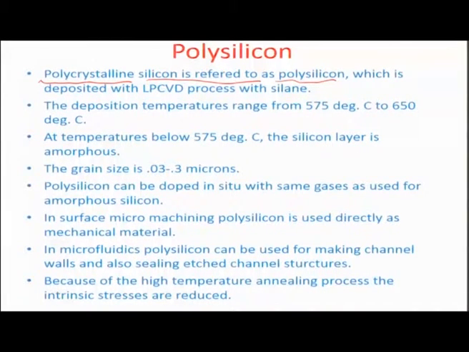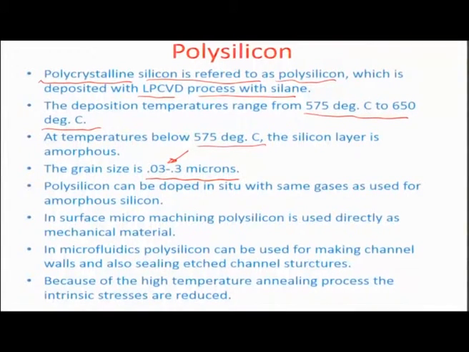Polysilicon can be grown with the low pressure chemical deposition process with either silane or a variety of other gases, as you saw in the last slide. The deposition temperatures for the polycrystalline silicon can range from 575 to 650 degrees Celsius. At temperatures below 575 degrees Celsius, the silicon layer is amorphous in nature. It converts its state from amorphous to crystalline beyond 575. The grain size which is typically obtained is about 30 to 300 nanometers,